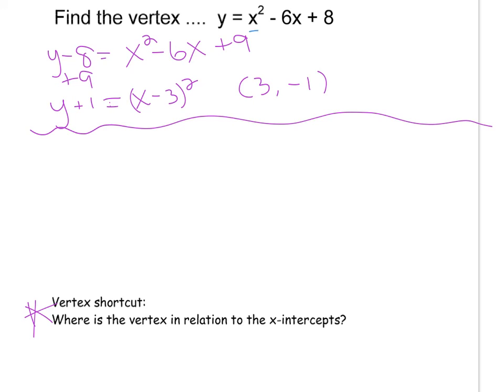So if I were to factor this, and if it's factorable, factor it. If not, you're going to use your quadratic formula. It just kind of depends on the situation. This is factorable: x minus 4, x minus 2. So my x-intercepts are